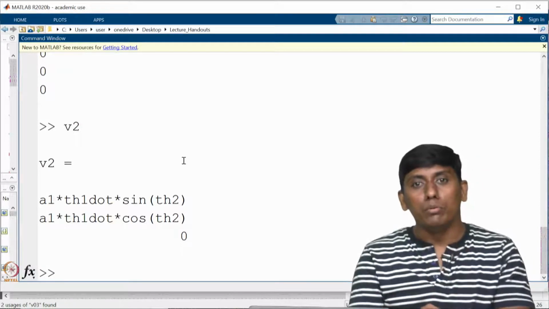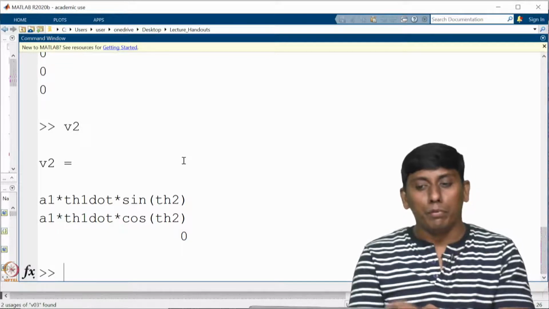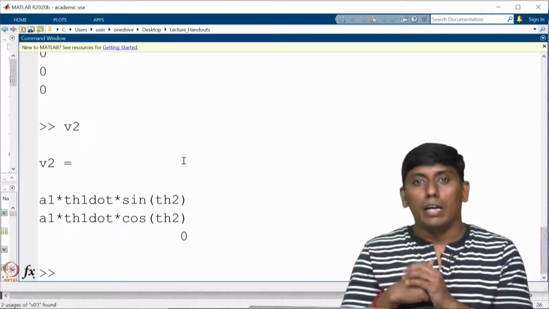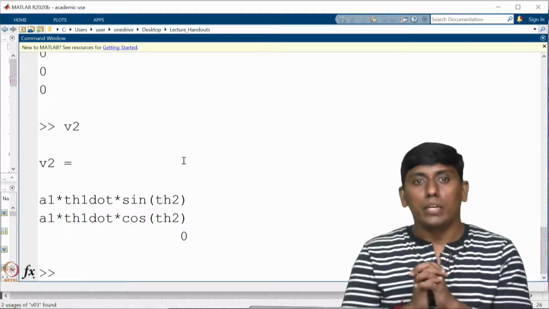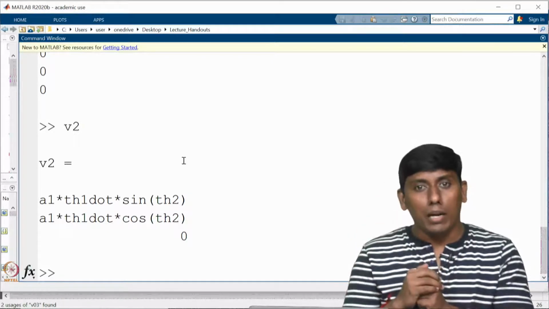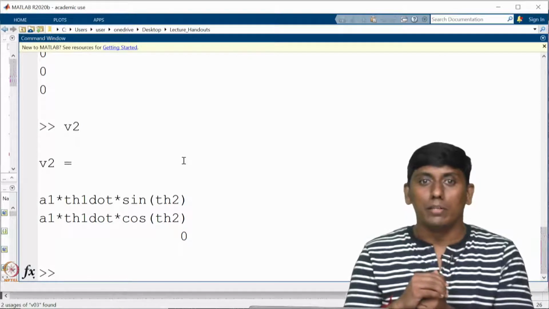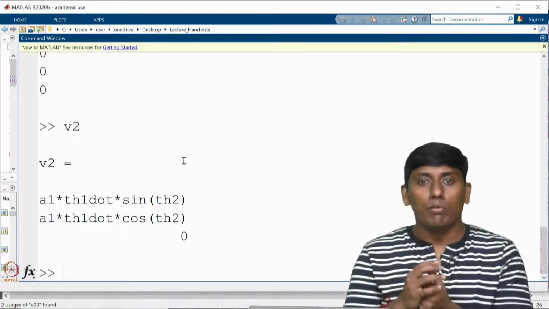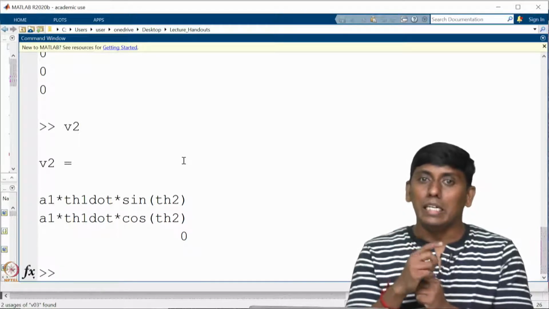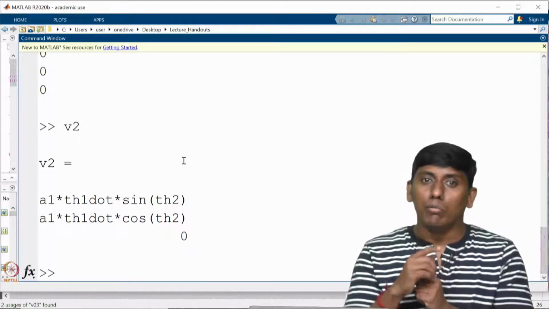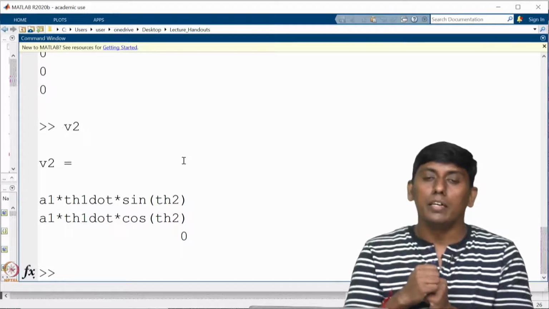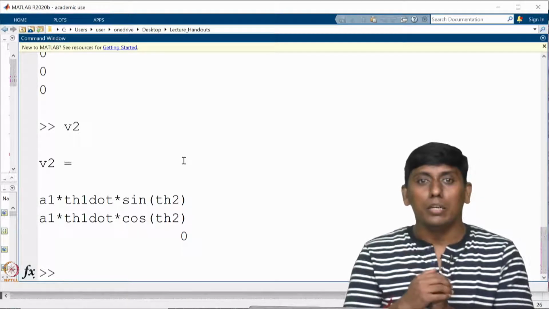If you put theta 2 as 0, the velocity would be only in the y axis. That is very clear, right? A1 theta 1 dot would be the magnitude, directly parallel to the y axis. That is visible here also, and the x axis velocity is 0, which is also clear. Now you put theta 2 as 90 degrees. You can see in that case, A1 theta 1 dot would be perpendicular, which is the approach side. That is also right. So A1 theta 1 dot would be there.